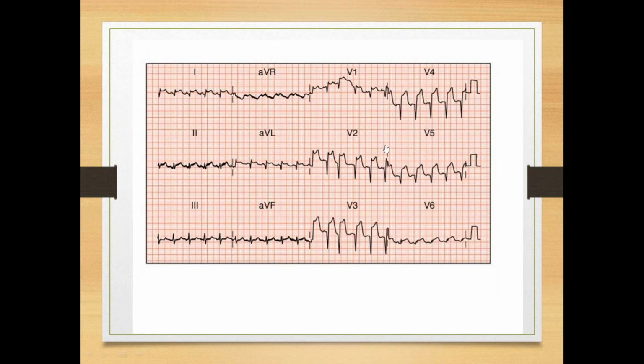Again, to show you the tombstone appearance, this is an anterolateral MI, almost anteroseptal and the left lateral wall of the heart. There is an active MI going on. In V1, V2, V3, you can see the tombstone appearance of the ST elevation. In V4 there is ST elevation. In V5 also you can see the gross ST elevation changes.